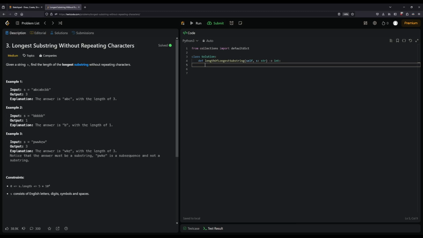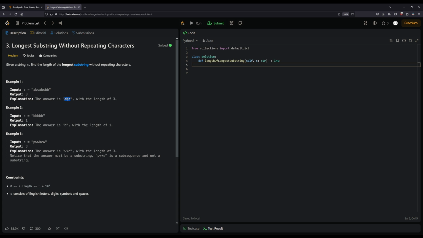So the problem we're tasked with today is finding the longest substring without repeating characters inside of a string. This is number 3 on Leetcode, and it's considered a medium difficulty problem. We're given a string S, and we need to find the longest substring where we don't repeat characters. As an example of this, we have ABC, ABC, BB. Our answer for the longest substring would be ABC because each of the characters in here is present at most